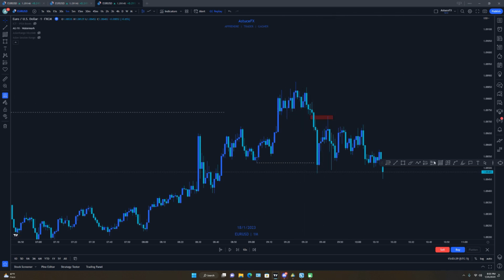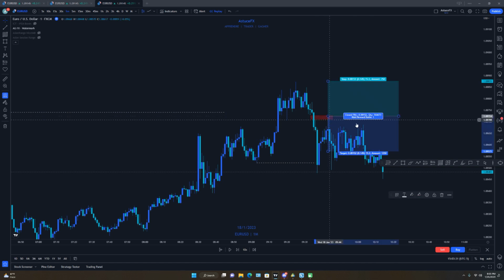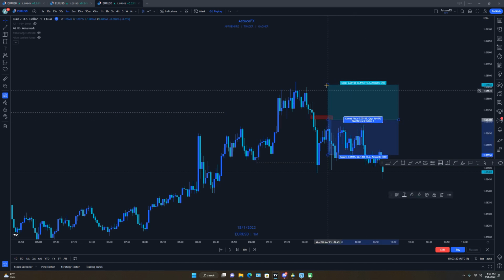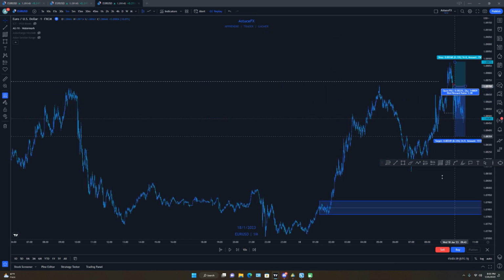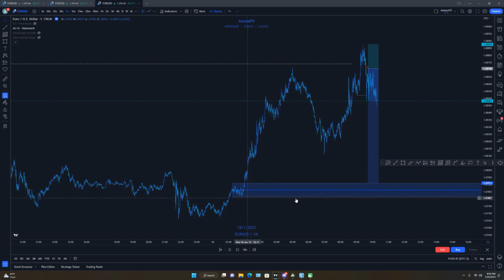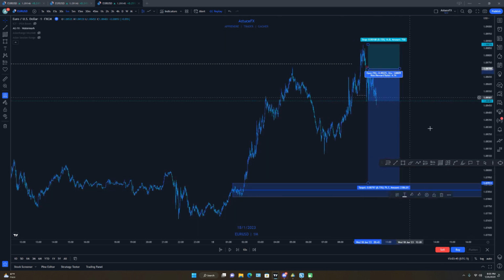So in this video, let's say that you just entered from this imbalance here. You have this maybe entry from this imbalance, your stop loss above the high, so you got this sell. Okay, once you get this sell, where do you target as TP? Your final TP should be the order block you want to buy from, which is this one. You have this order block you can buy from here, and your safest TP you can have maybe should be